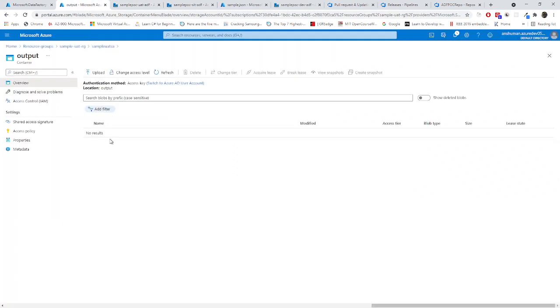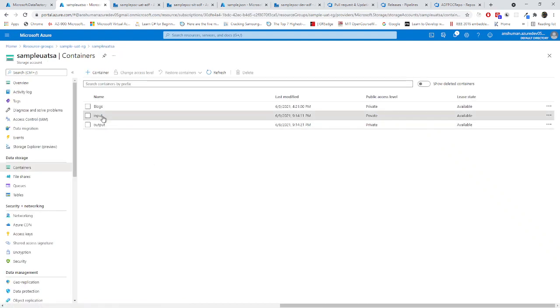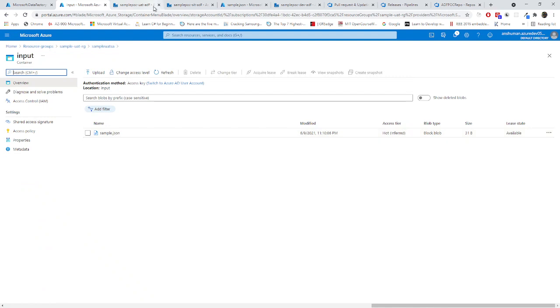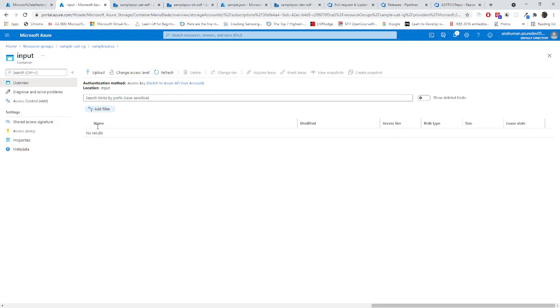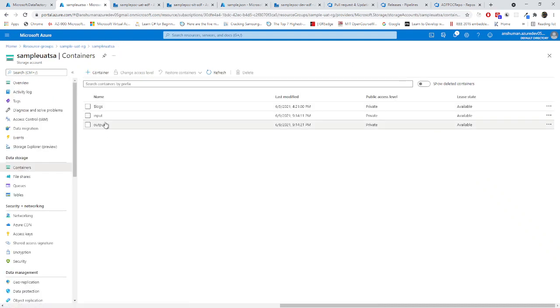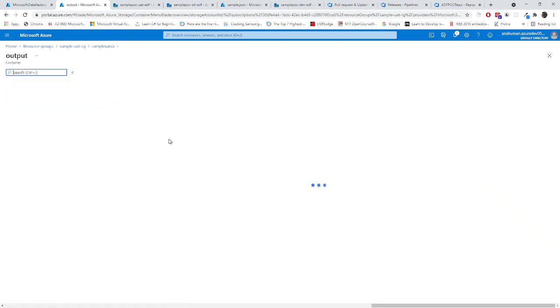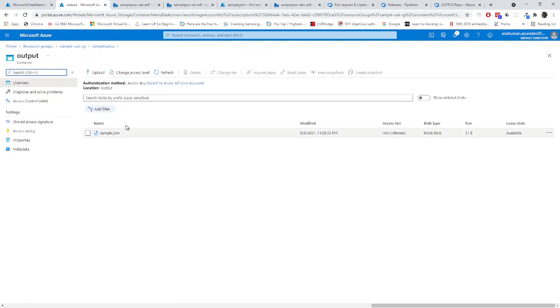So let's just come here. You can see that there is nothing over here in SIT UAT SA. In your input you should see something. Yeah, still there is sample.json. Let's see whether it got refreshed or not. Yeah, so this got completed and this also got completed. Right now, if I refresh it, this should not have any data. Yeah, there is no file. And if I go to the output, this should have a file. Hopefully, yeah, this already has a file.